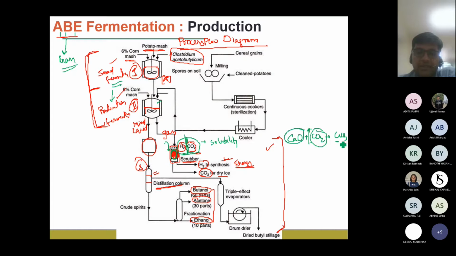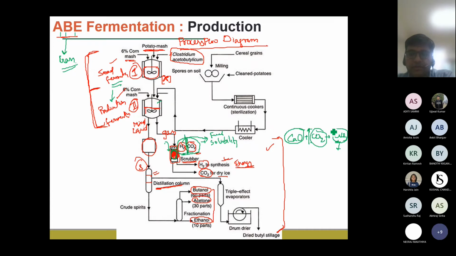Generally, the carbon dioxide is used as calcium carbonate, because calcium carbonate has different industrial applications, and whatever is left behind is hydrogen, which is taken out. This hydrogen is used as an energy source or fuel. The hydrogen fuel that I discussed in the last class is a very promising upcoming source of energy. But hydrogen at industrial scales is used for many hydrogenation reactions in different applications. So this is how we utilize hydrogen or CO2.